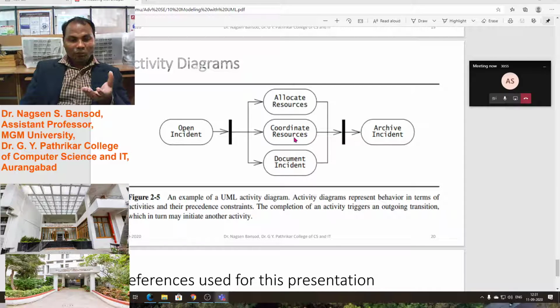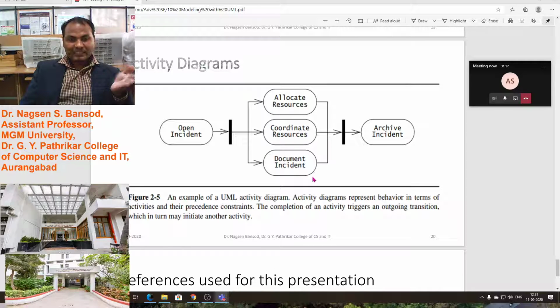Whatever change is made by the actor or watch user will be saved. And document incident: everything should be written down to help the client understand.